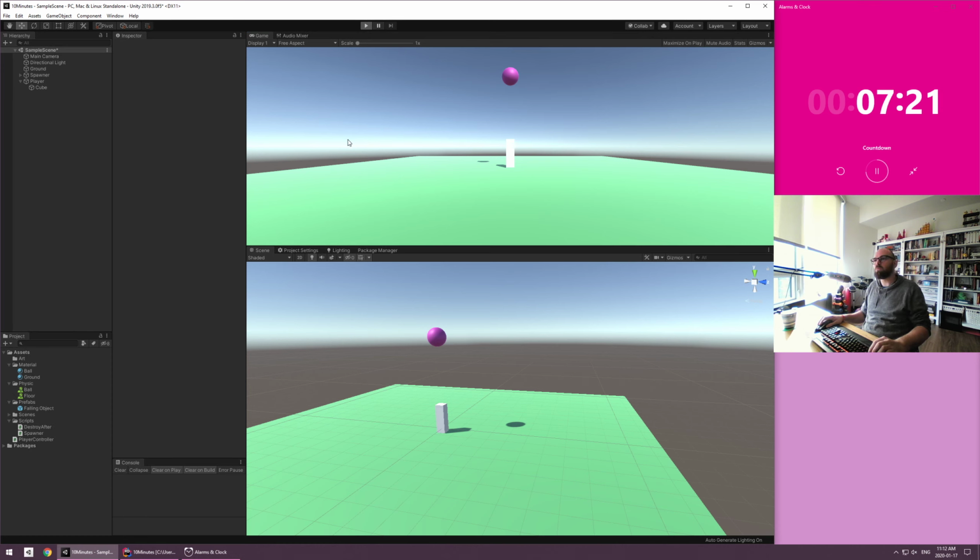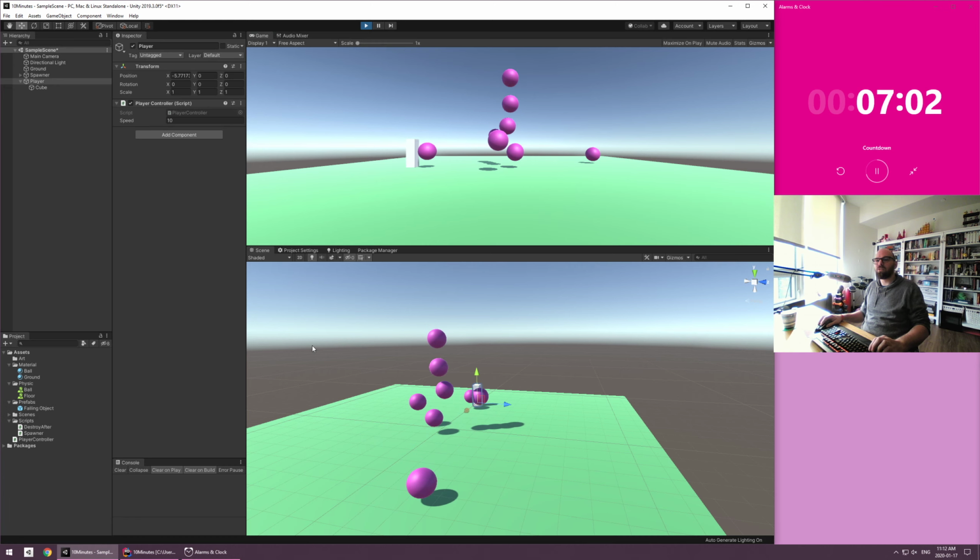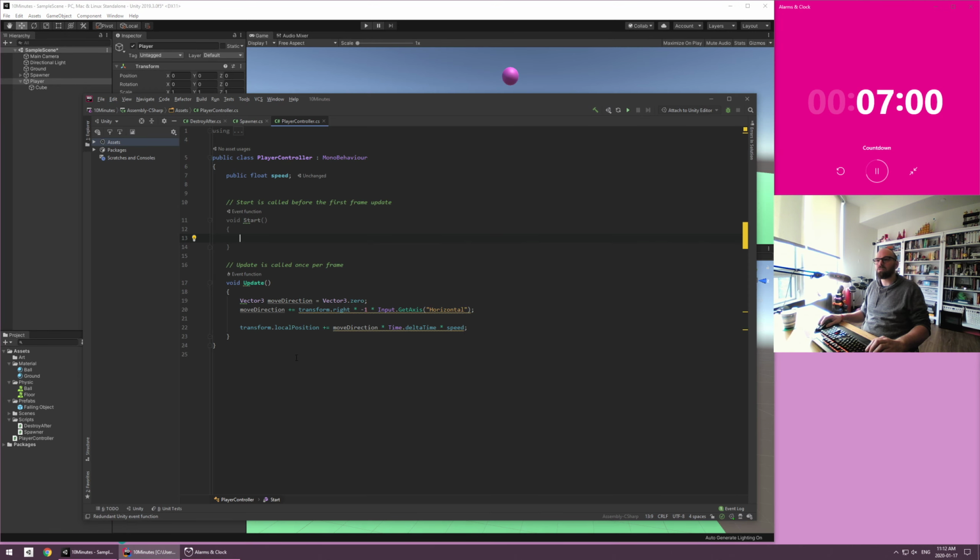A and D should move that cube left and right. And it doesn't. Oh, I never set the speed. There we go. Okay, let's see what happens here. Ha ha ha! Okay, it's working. That's good. It's inverted, so I'm just going to quickly remove that times -1, and now